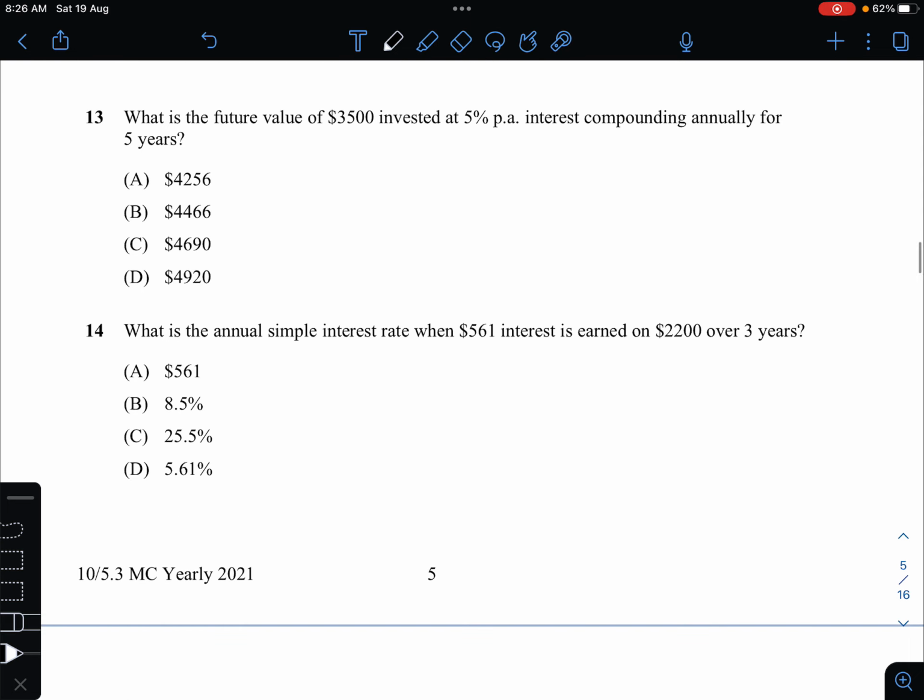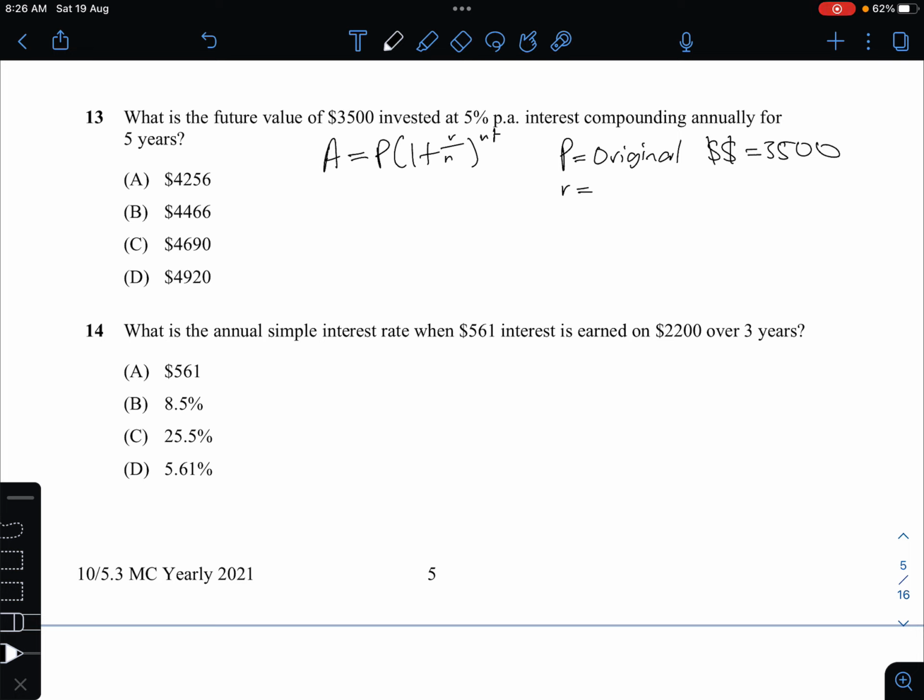Moving on. What is the future value of $3,500 invested at 5% per annum interest compounding annually for 5 years? So, sorry, I don't get taught this in my curriculum, so I'm just going to search up the formula quickly. Okay, the formula for compound interest is your answer equals P(1 + R/N)^T, where P equals original amount equals 3,500,